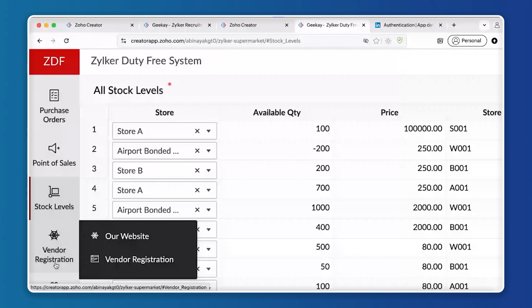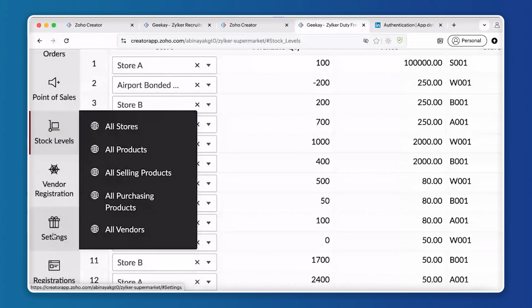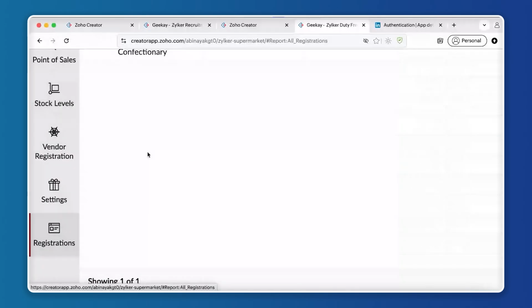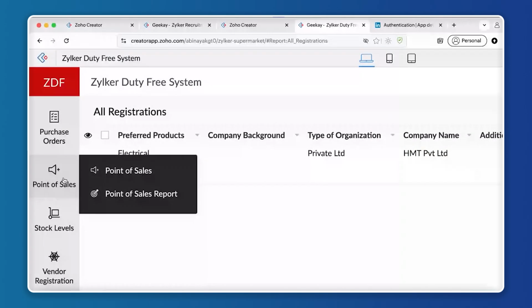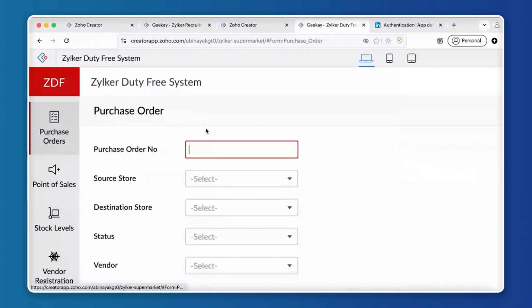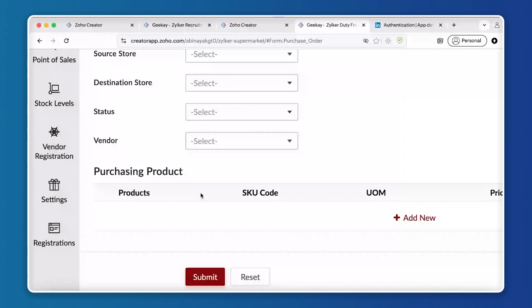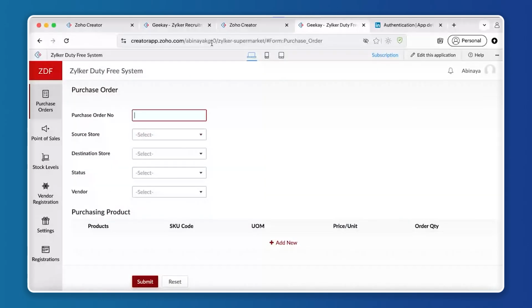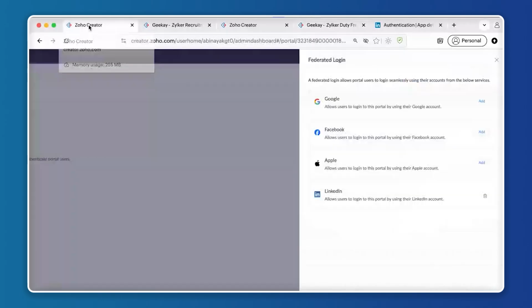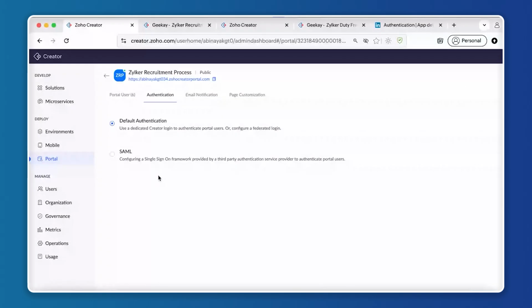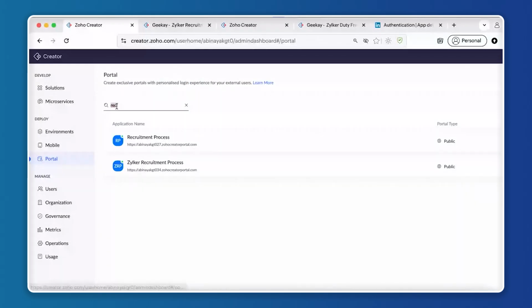We have an option for the vendor to register to the portal, and we have a registration form, and we also have the procurement module where we are capturing all the purchase order details, right? So we will be using SAML authentication for this application. So I'm getting into the portal, and